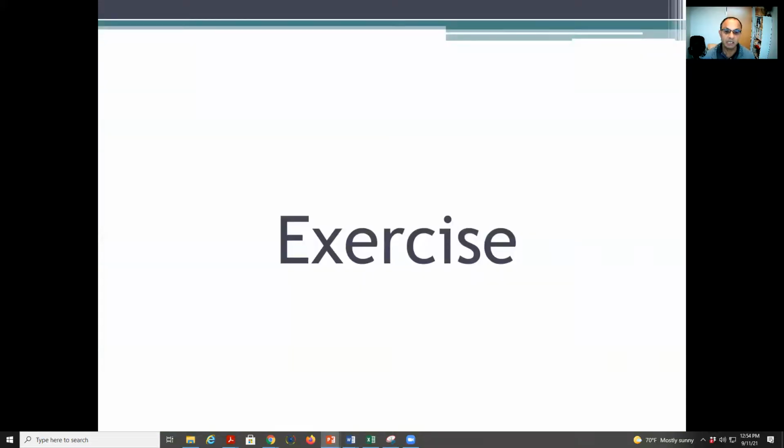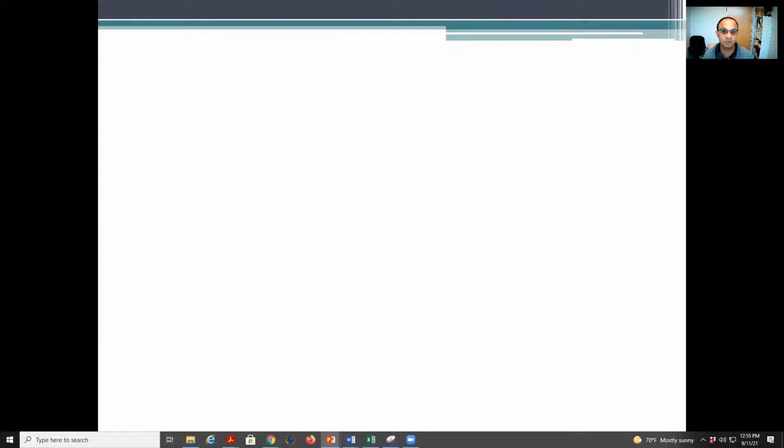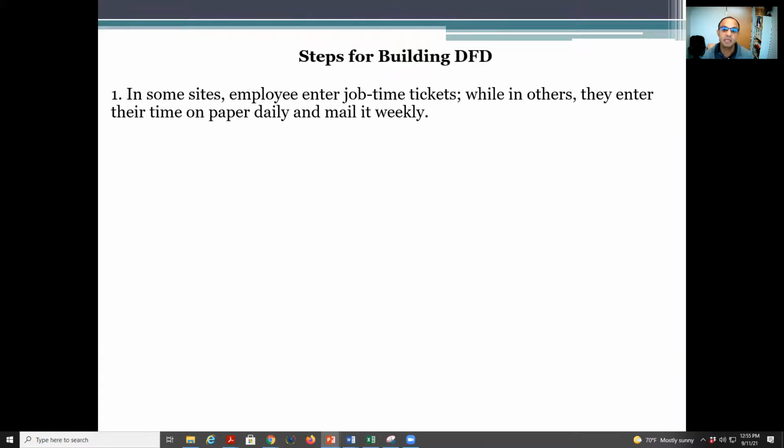Now, let us look at another exercise. It's a bit long, so you can stop the video here, read the exercise, and let us go through the steps together. Here we talk about also the business process diagram, and the employee here, they enter their tickets, and